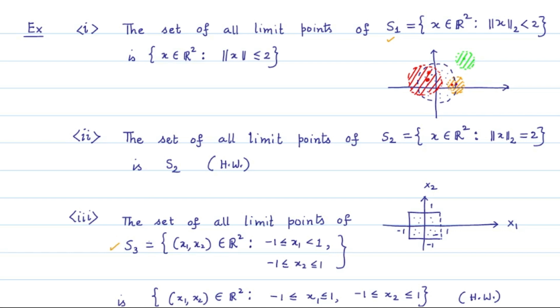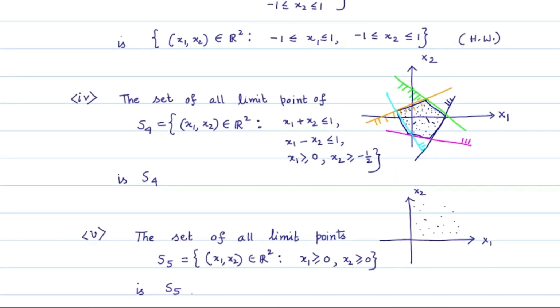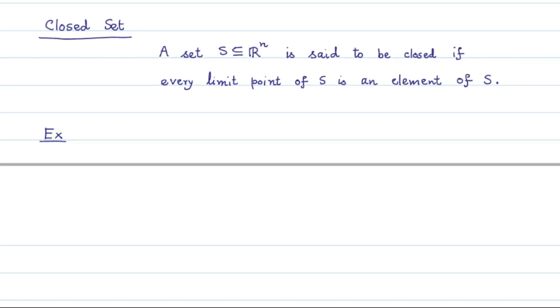Similarly, the set S3 is not a closed set since the set of points on this side of the square contains limit points of the set S3, but these points are not there in the set S3. Therefore, S3 is not a closed set. For the set S2, we notice that S2 contains all of its limit points and therefore S2 is a closed set. Similarly, the set S4 is a closed set. S5 is also a closed set. So we write here that S1 and S3 are not closed, but the sets S2, S4 and S5